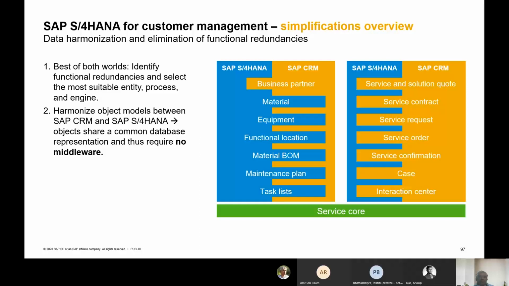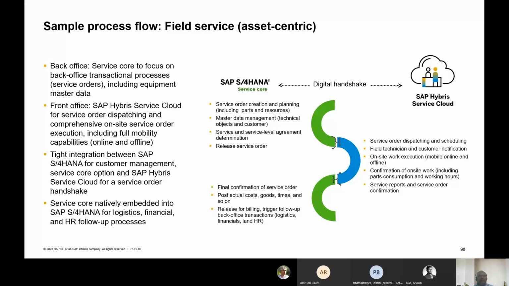Yeah, so this is a simplified overview. Now, how does it interact between my core and my field services team? The core is basically enabling the functionality for the service order processing. For the execution part, for the customer facing, it will still be on the Hybris or the service cloud, whatever system you will be using. So there can be a digital handshake between the S4 core, with functionalities like the maintenance orders or service orders which have been raised and the technical objects, like your equipment or install base, or based on a service level agreement, the trigger has to go to your Hybris.